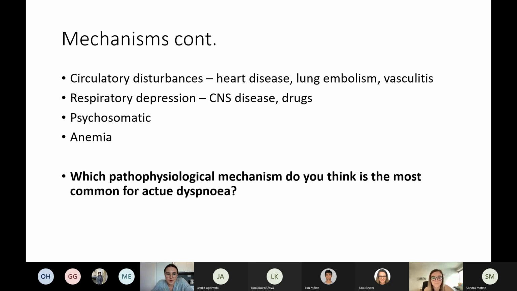And just from this brief overview, do you have any thoughts on which of these can be the most common cause of acute dyspnea? Psychosomatic, maybe? Good suggestion, but is there anyone else? Heart disease? No, but it's also very high on the list. Drugs? The most common is